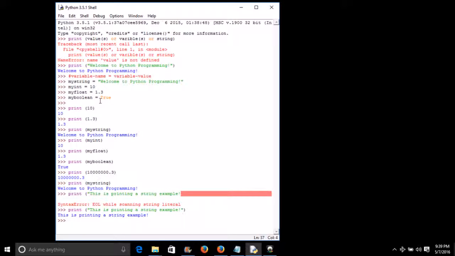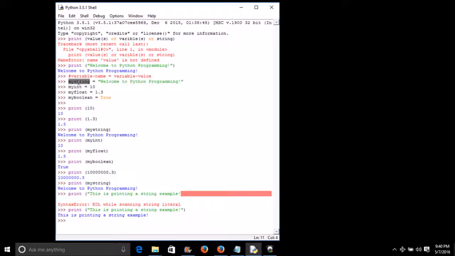Now for recap of variables, a variable needs two components. The first is the variable name and the second is the variable value.